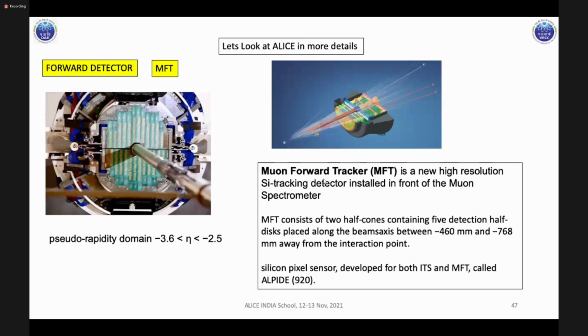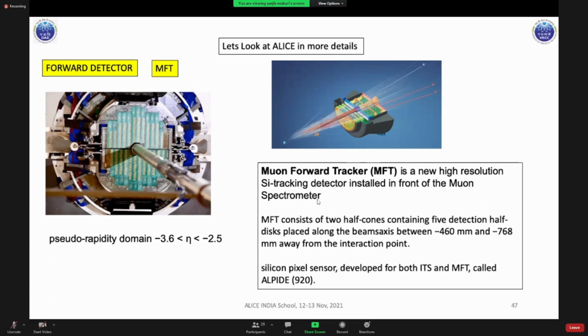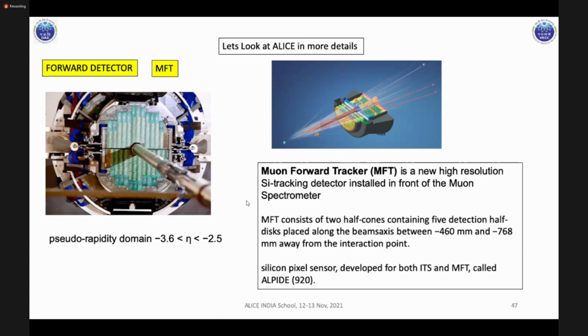What is this? This is the Muon Forward Tracker. This is a new detector after this long shutdown. It has been placed just before the muon trackers. And this is a very new high resolution silicon tracking detector installed in front of the muon spectrometer. It consists of two half cones containing 5 detection half disks placed along the beam axis